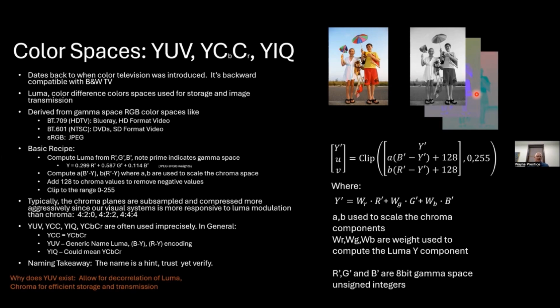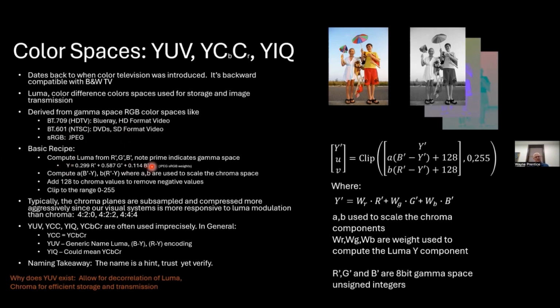The basic makeup of them is you start with an RGB color space, and you start with different RGBs depending upon which flavor. So Blu-ray and HD formatted video is computed from the BT709 color space. DVDs, SD format video is from the BT601, and JPEGs are encoded typically in this color space, and they come from sRGB. And the basic recipe is you compute a Luma